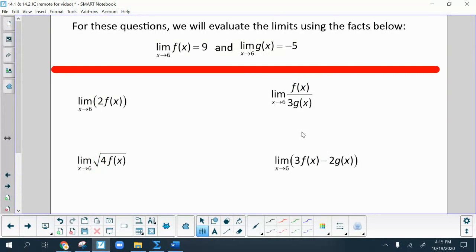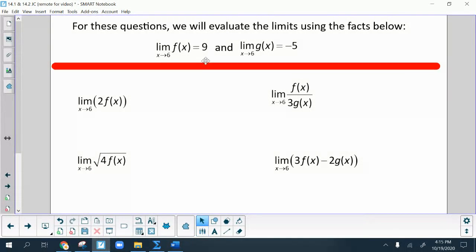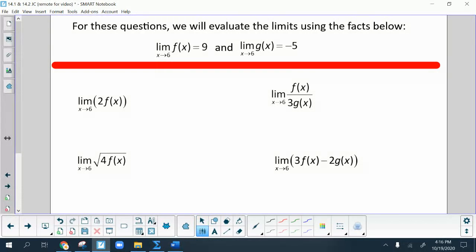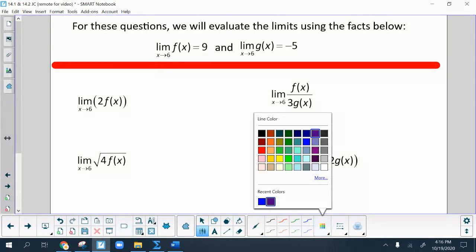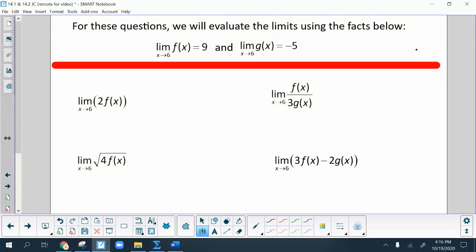Okay, so now these problems are giving you some information in a different way. Instead of me giving you the actual functions, I'm just telling you basic information about the limits. So the first part is the limit as x approaches 6 of the function f of x is equal to 9, and the limit as x approaches 6 of the function g of x is equal to -5. This is basically to show you that normal multiplication, addition, subtraction, square roots all work in the same way with limits as they would on normal